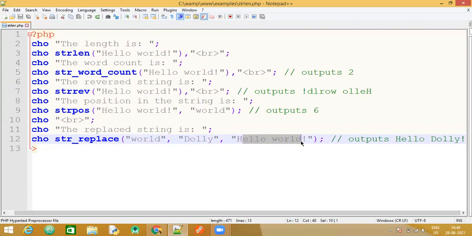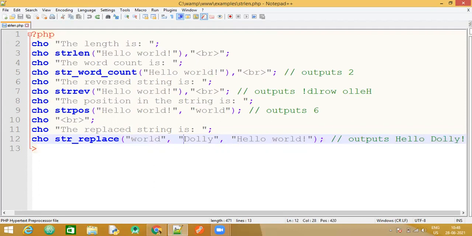So now here what I want is this: the first parameter is that particular string which should be replaced. Now, by what it should be replaced, that is going to be our second parameter. So in my string hello world, I want the string world to be replaced by the string dolly. So the first parameter is the string which should be replaced.